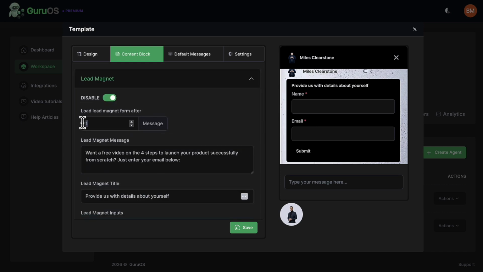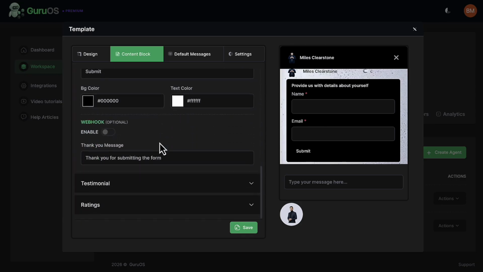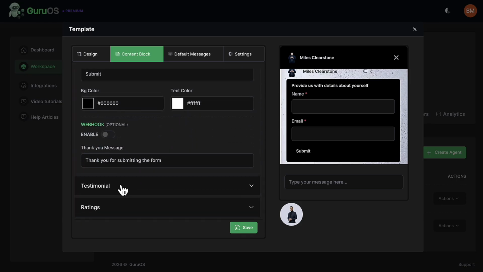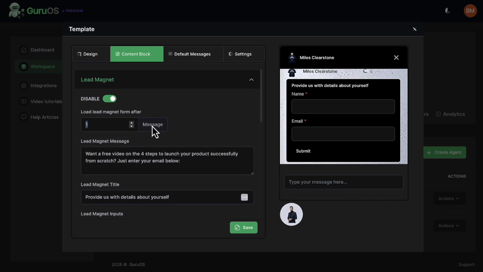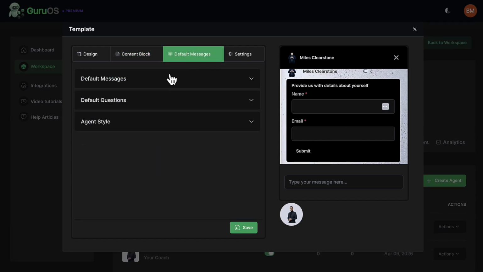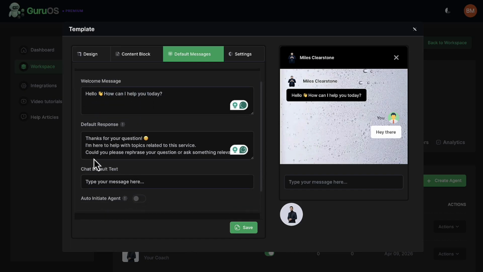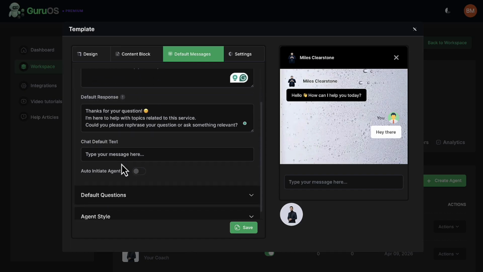Or after 3 messages, after they've interacted with the agent a little bit longer, then it can go ahead and capture their email. And depending on what upgrade you get, it can also capture testimonials, ratings, and other things. It can even send people to webinars, like GoToWebinar. And we can customize everything about this agent, including the welcome message, the default response,